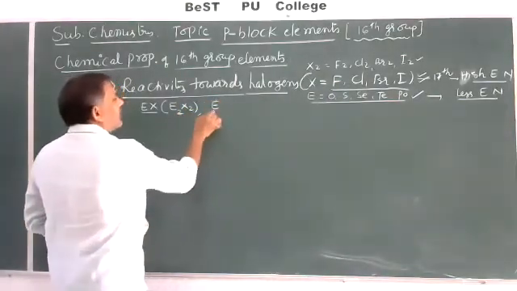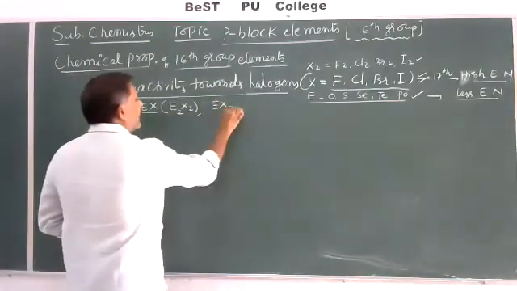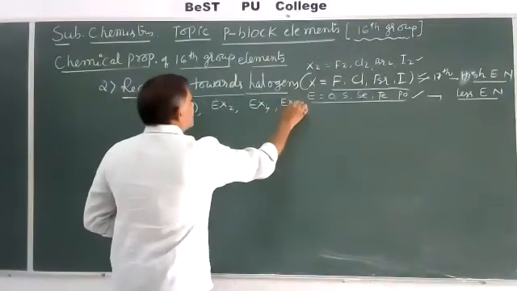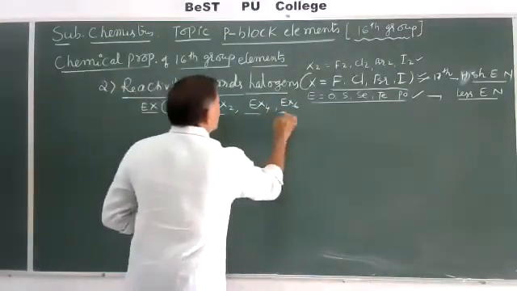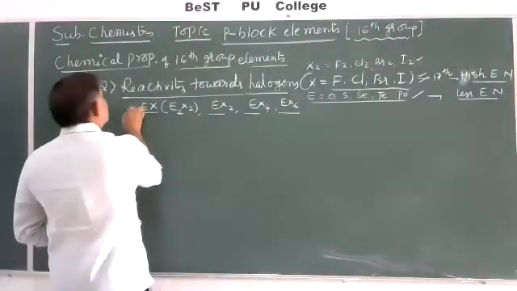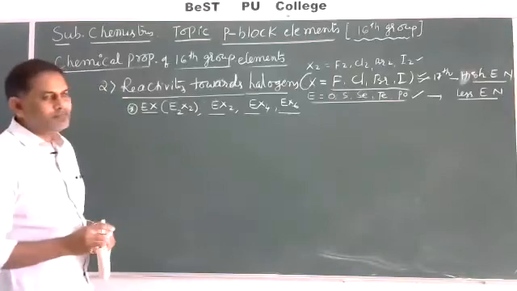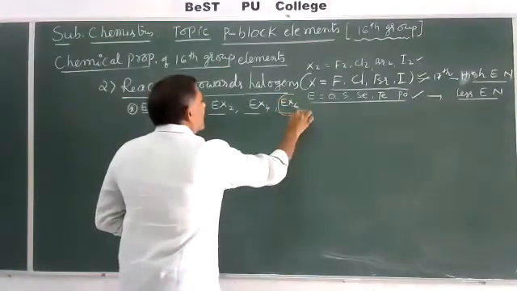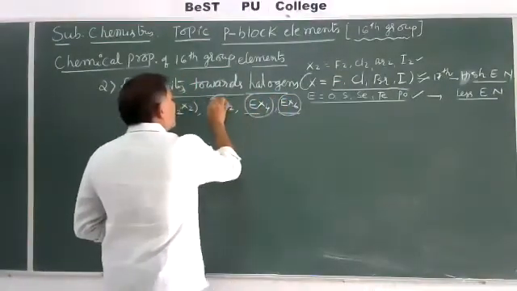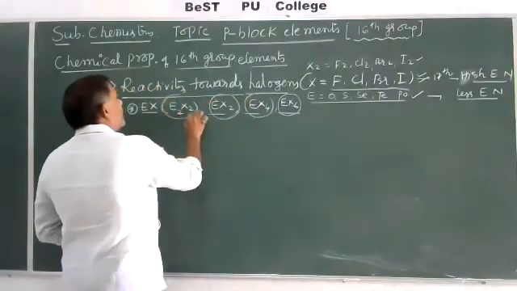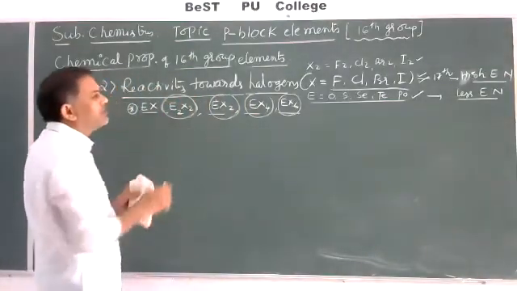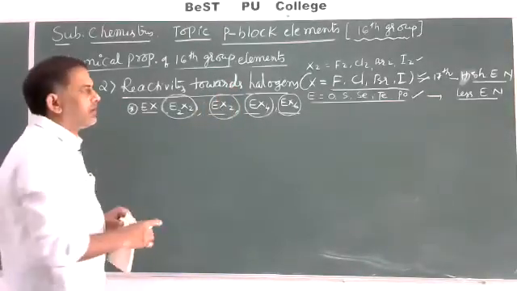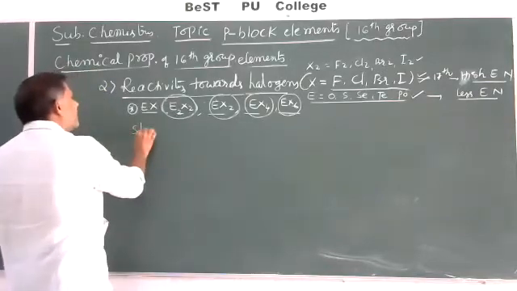Like monohalides, dihalides, trihalides, and hexahalides. These are some important halides of 16th group elements. Very, very important. Generally these hexahalides, tetrahalides, and dihalides are important. These are the monohalides. On the basis of these chemical reactivities and electronegativity characters, here stability of different